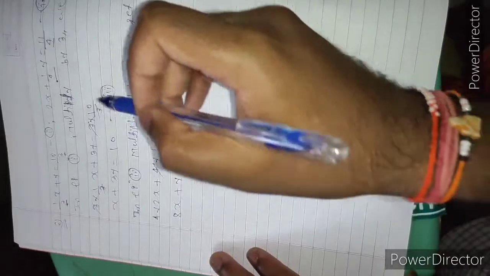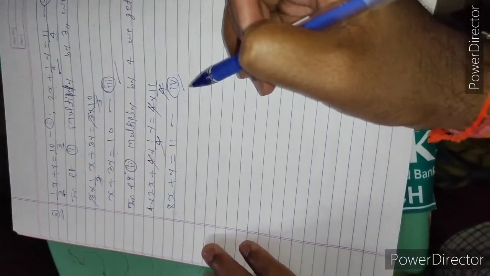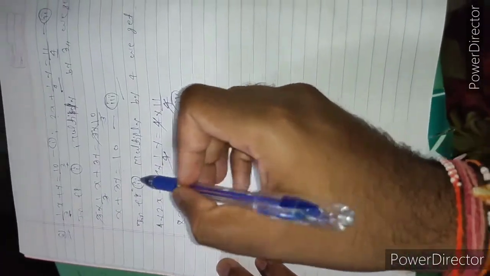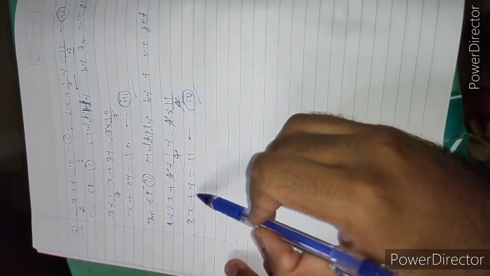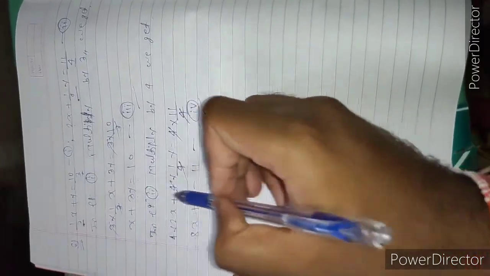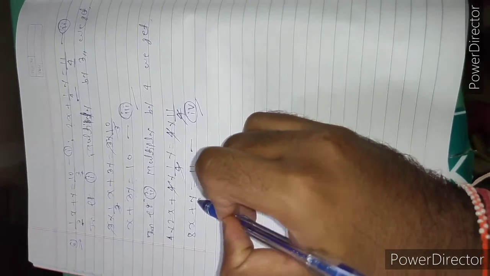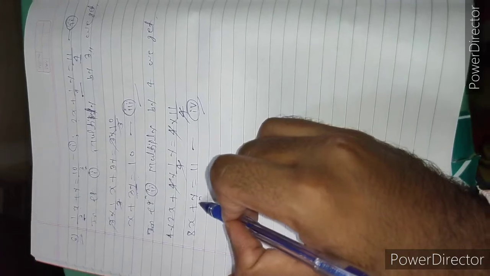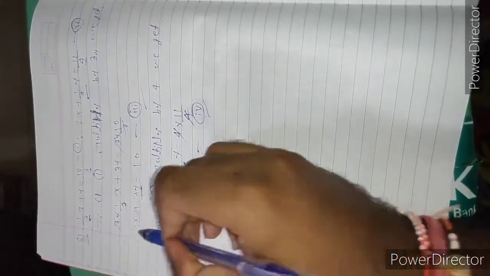So here we have two equations. One is equation number 3 and one is equation number 4. Already I told you we have to solve the simultaneous equations. The coefficient of one variable should be the same. Here it is 3y and here it is y only. So if you want to solve this simultaneous equation, we have to make this coefficient the same as this coefficient. We could also solve for x, here x and here 8x.